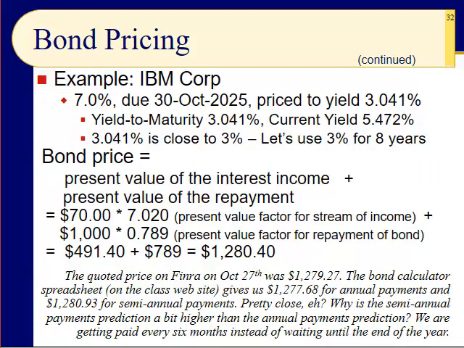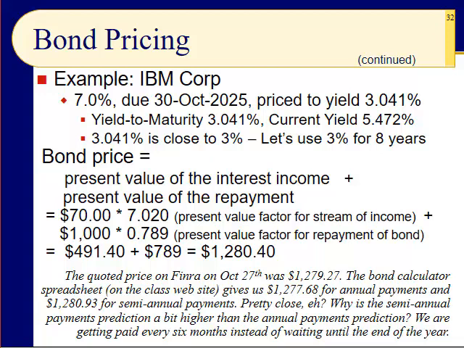IBM, you've heard of them, right? And I chose this one for a very specific reason, because we're using the manual tables. You have to get whole number years and whole number interest rates, where a spreadsheet doesn't matter. The spreadsheet doesn't care about whether it's a whole year, 8, 9, 10, 20 years, or 3, 5, 7%. It doesn't care if it's 8.5 years, 8.3 years, 3.5%, whatever.